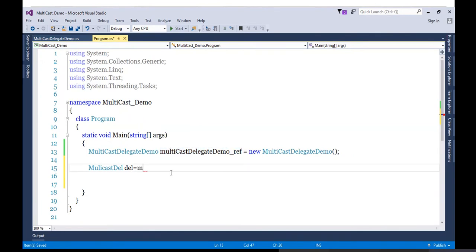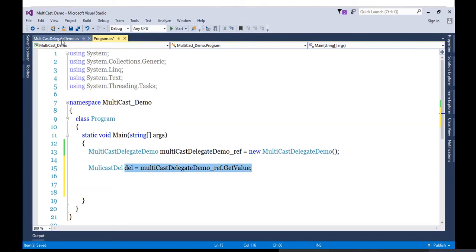So let's use object reference dot GetValue. That's it. So the first method is added. Now what is the next step? I want to add the GetCube as well as the GetSquare method.